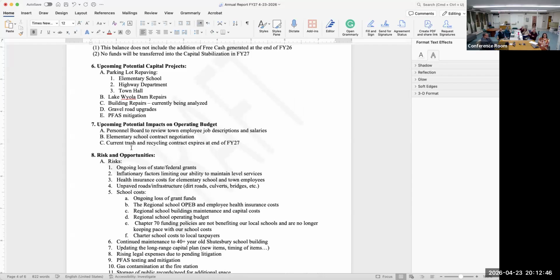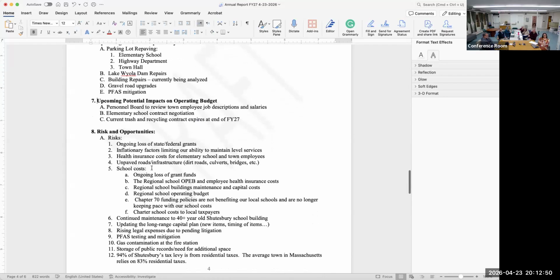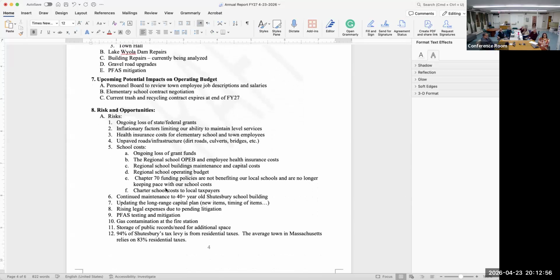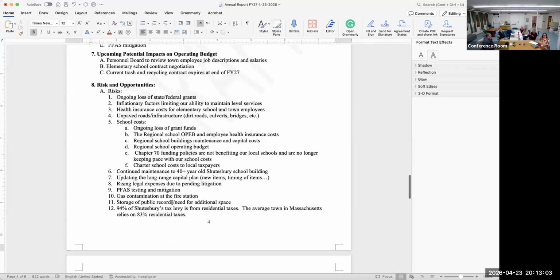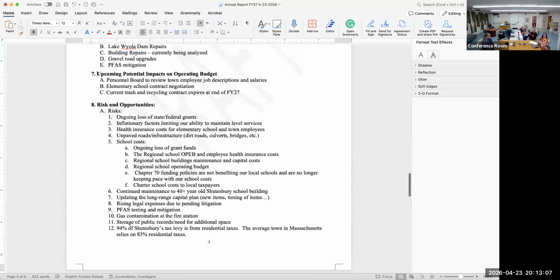All right, so then risks and opportunities, we don't need to take anything out, right? Because I already did that. Opportunities include Bobbin and rural aid. I think it does. But before we get to opportunities, number E and number 5,